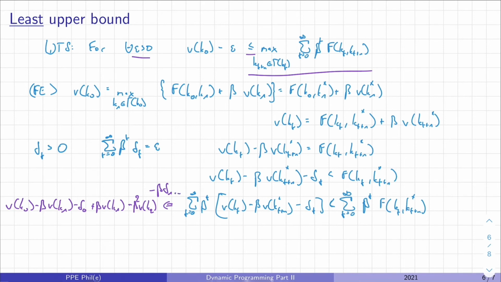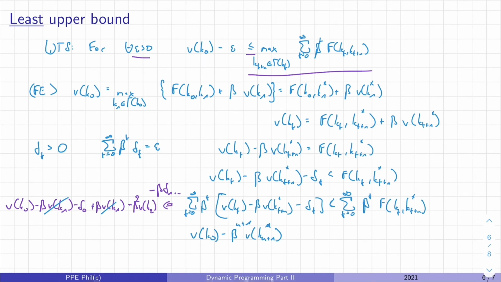And so if we keep doing this, we can see that these cross out, and if we keep doing this, this becomes an infinite sum. So this is v(k0), because that remains. We have this minus beta to the power n plus 1 v(k n plus 1) star,